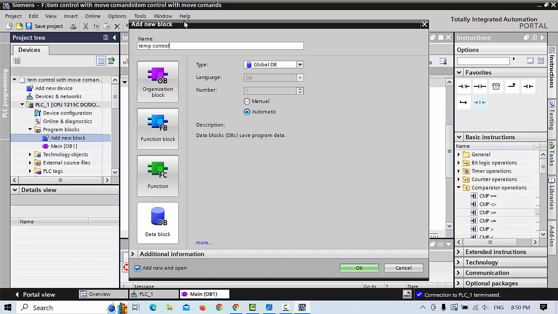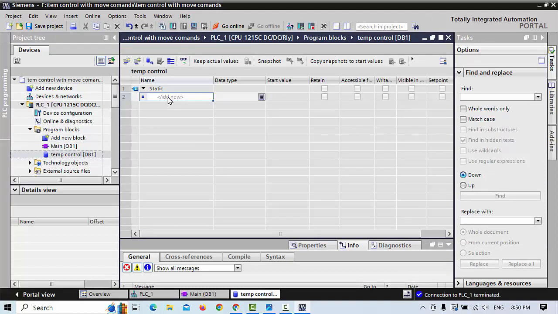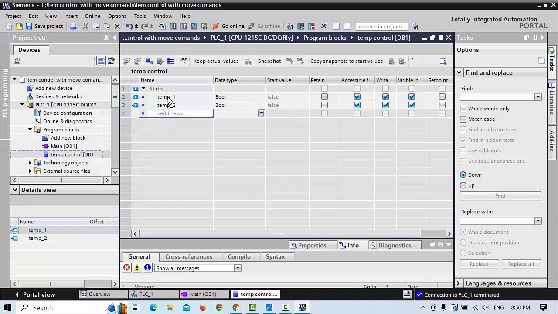control, then click OK, and simply you can write here temperature_1, secondly temperature_2, also temperature_3,